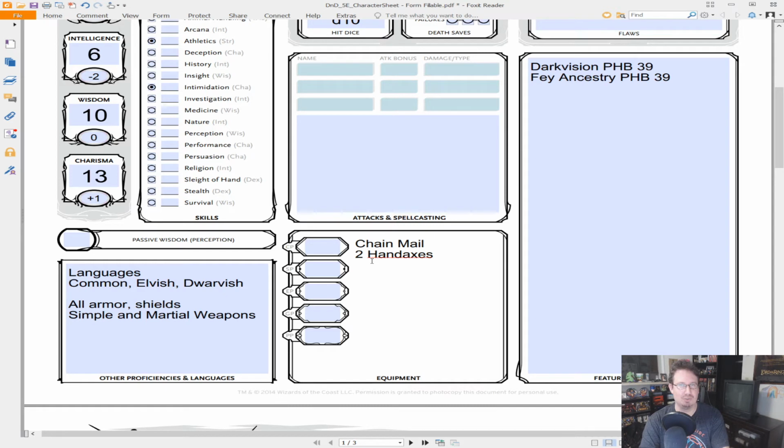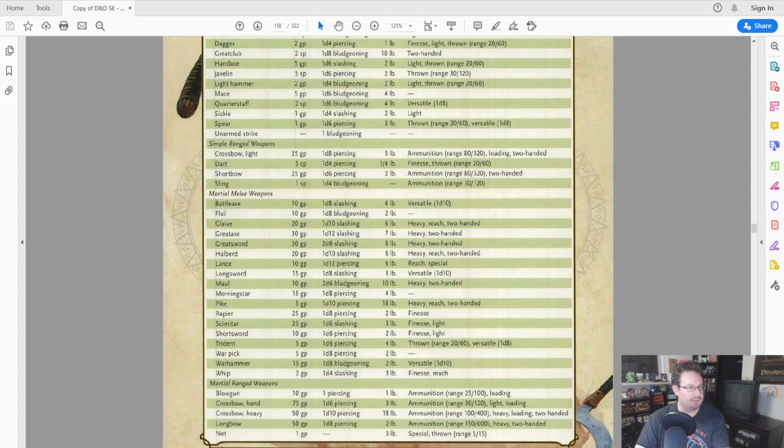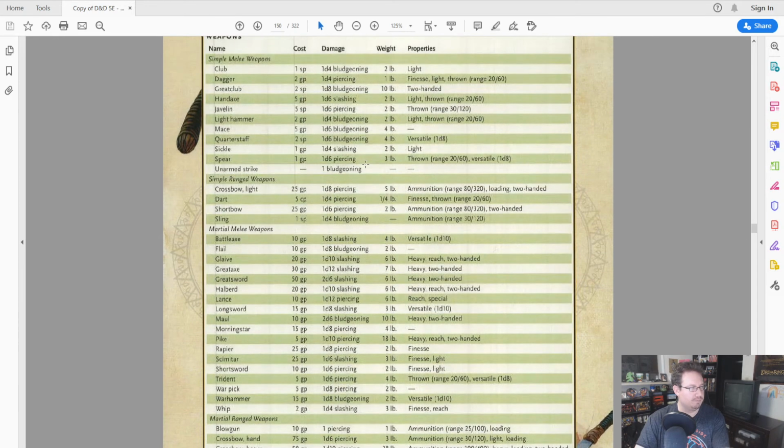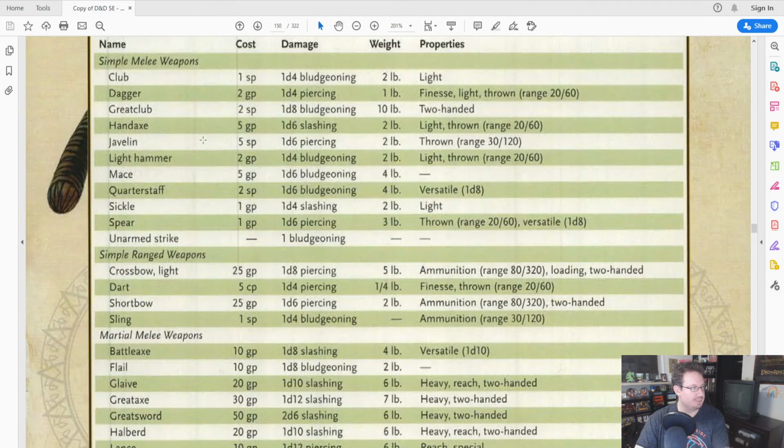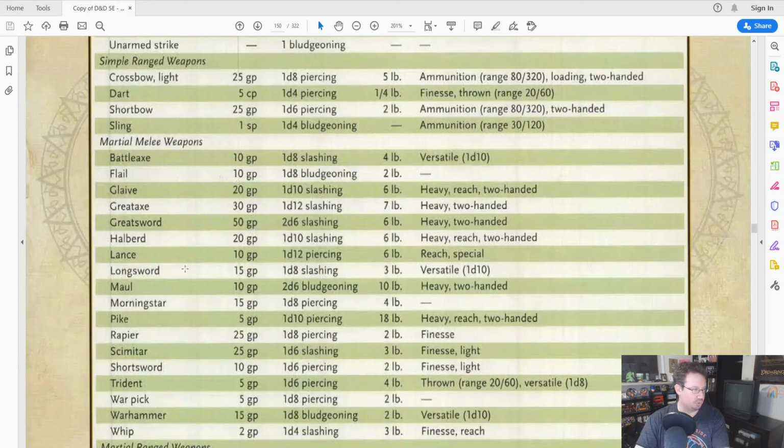If he wants to do a ranged attack, he's going to throw his weapons at you. And then a Dungeoneer's pack or an Explorer's pack, I like Explorer's pack. So I want to showcase those items here real quick. Let me go ahead and find the page where all the items are at here. All right, so we are at the page where you can find these simple melee weapons and the martial melee